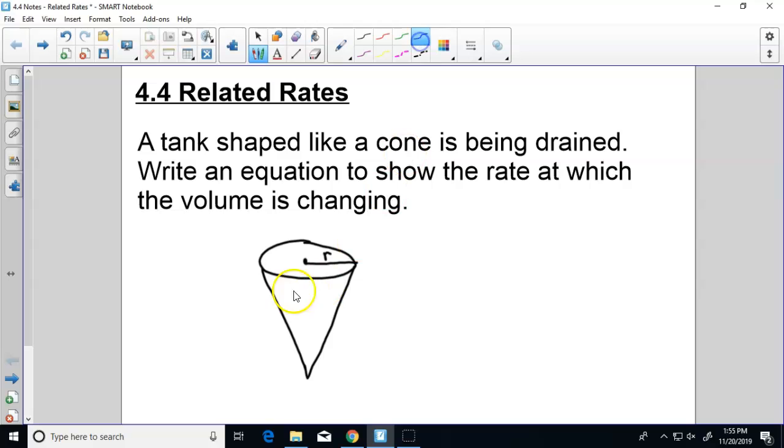And then I'm going to have a water level in this cone. So from here down, we've got water. So I've got a water level, so I'm going to label that